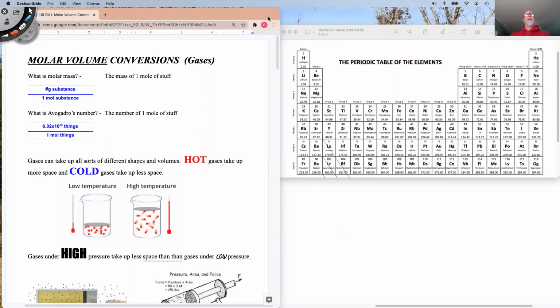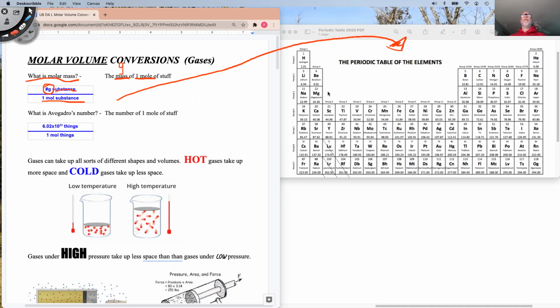So, very quickly, we started off last class, or the last classes, talking about molar mass. What is molar mass? Molar mass is 1 mole of stuff, and it's the mass of that 1 mole. Mass is given in the unit grams, so it's the number of grams of stuff that's 1 mole of the stuff. And remember, that's that number 602 hexillion. So molar mass, we get it from